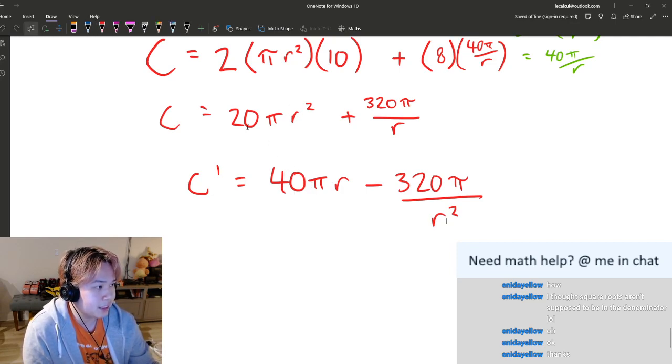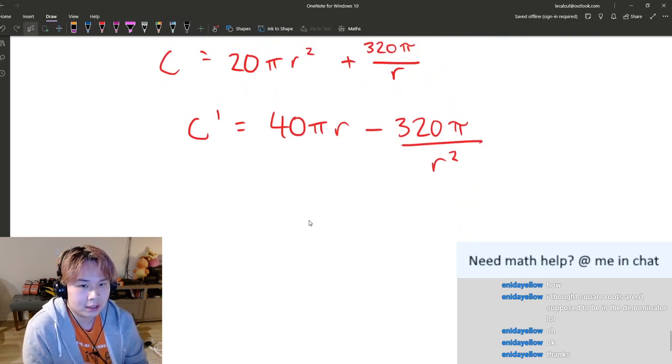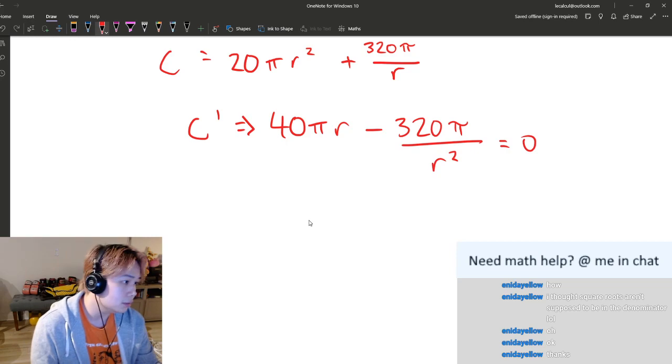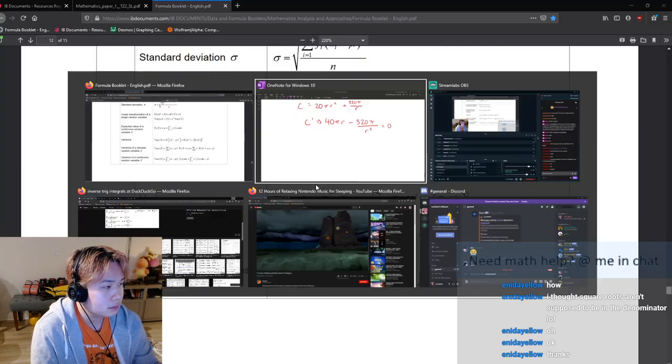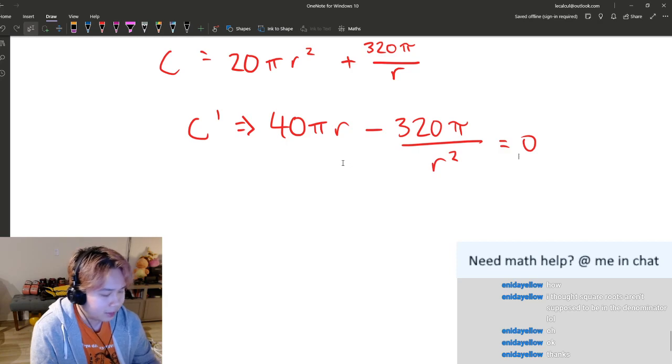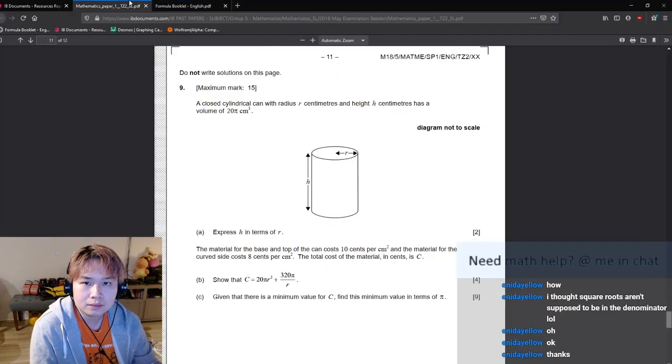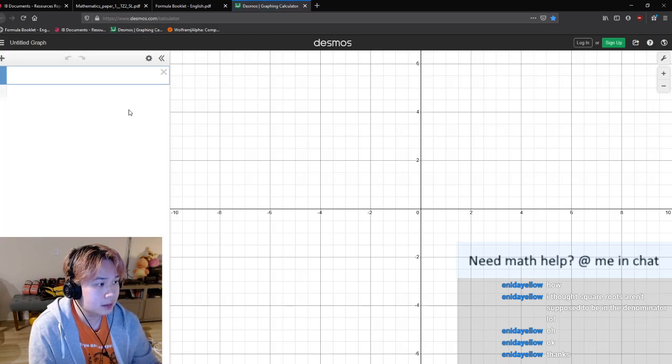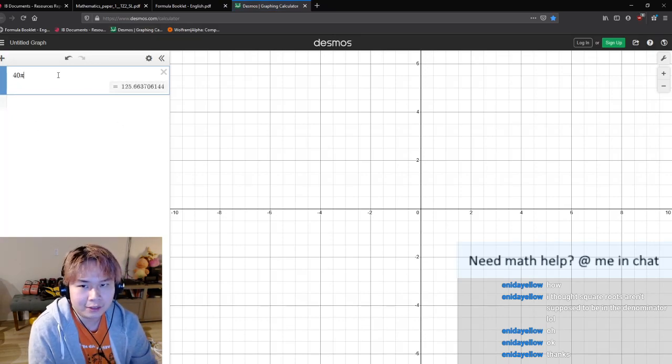So taking the derivative, bring down the 2, subtract 1. This is r to the power negative 1, so we bring down the negative 1, and then we subtract 1, so it becomes negative 2. And then this is going to be equal to 0. And then to solve for r, we just multiply everything by r squared. Or maybe I can just put this into the graph and then see where it's equal to 0. It's just this paper so far isn't super heavy on the calculator, which I like, but